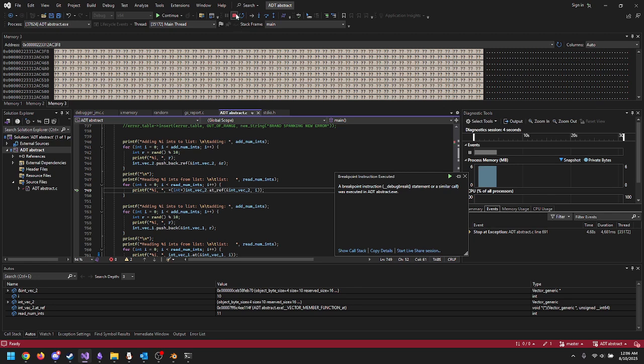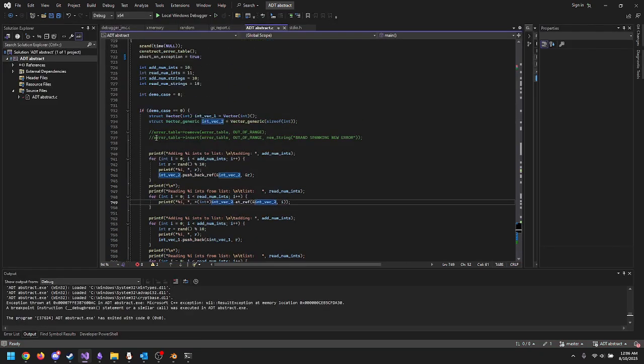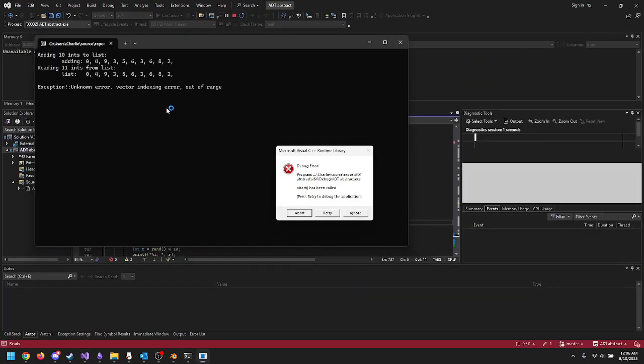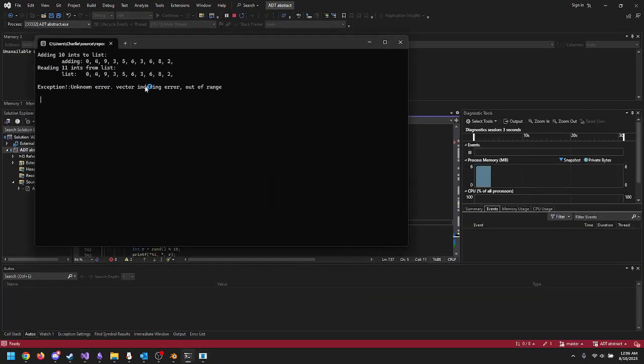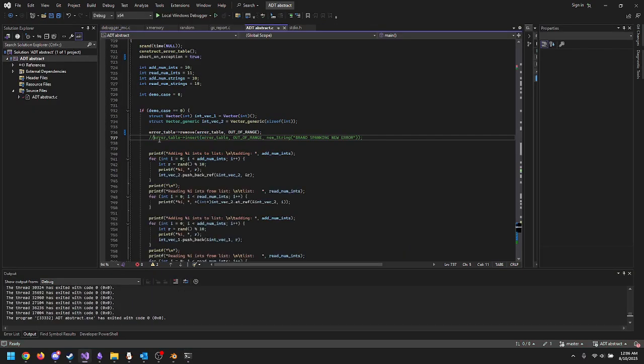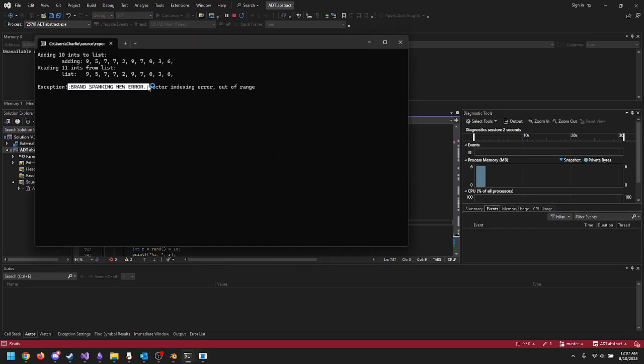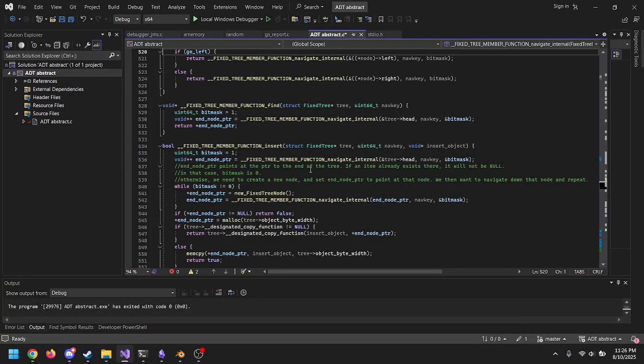So yeah, pretty simple. As a quick demo of the error table to show that this is dynamic, what I'm going to do is remove the out of range error. So if I remove the out of range error and I do this again, what I get instead is an unknown error. So we just removed it. Let's add it back, but we're going to rename it. And so you can see here, we got the brand spanking new error. Well, anyways,